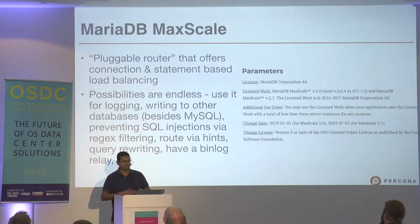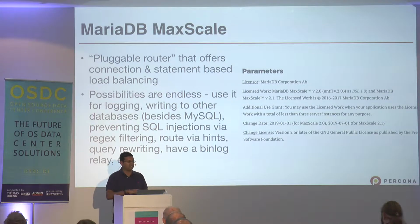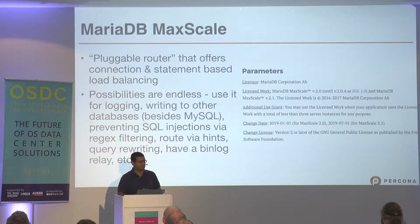MaxScale was the golden child in terms of routers, because it was the first that went GA. It was a layer 7 proxy router, understands the MySQL protocol. It's basically a Swiss Army knife, right? Because it's got a pluggable architecture, so you could do query level analysis, schema-based sharding, had a Kafka backend, and so forth. It was an excellent piece of kit until this licensing thing came about, in which it stopped being free software but became